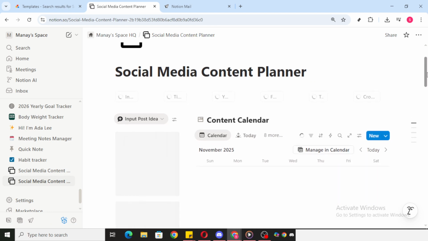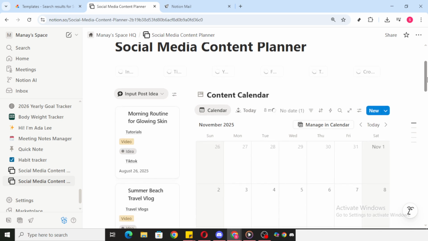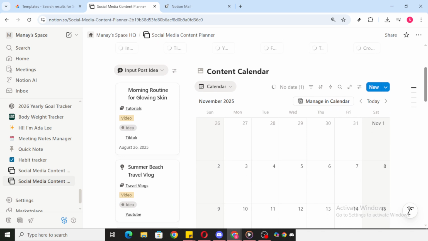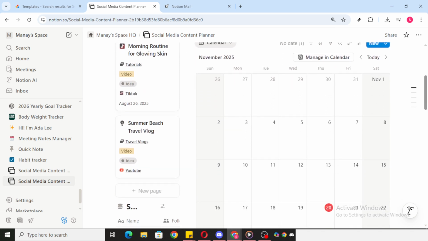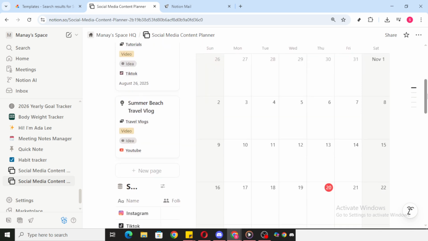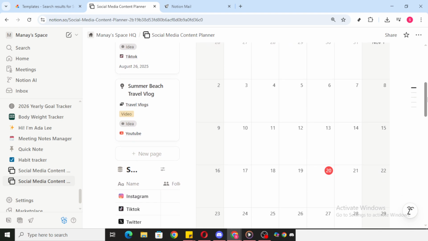If there's a Kanban or board view, organize it by status to easily drag posts through your pipeline. Add a property for content pillars like education, entertainment, behind the scenes, so your feed stays balanced. You can also include a link property for assets or scripts and a checkbox for tasks like thumbnail done or